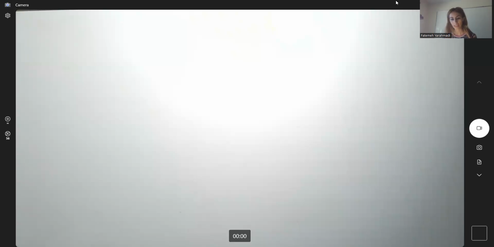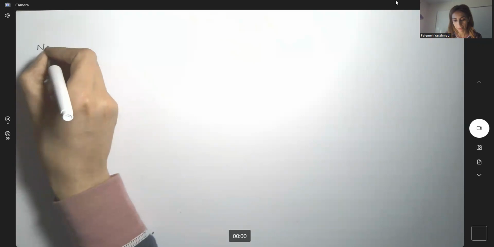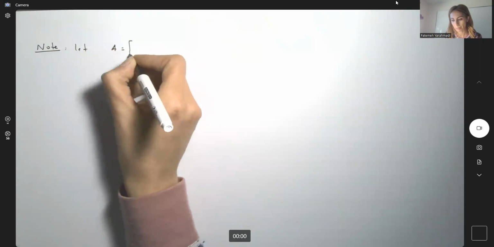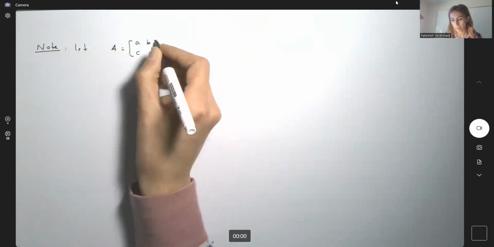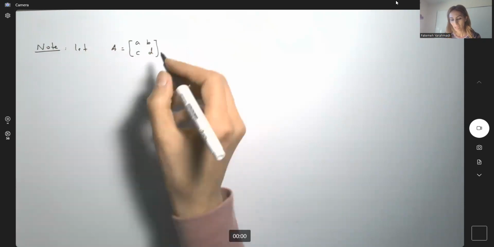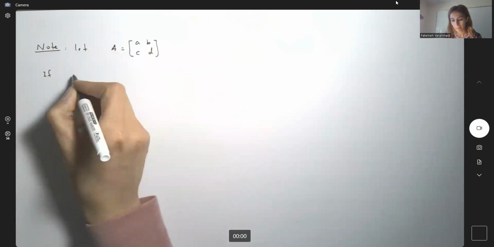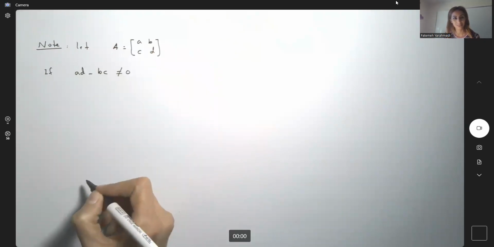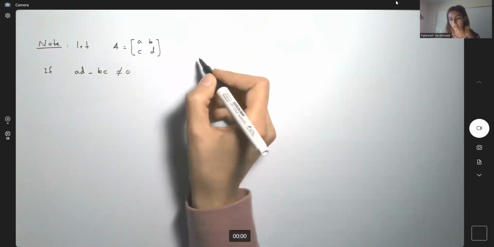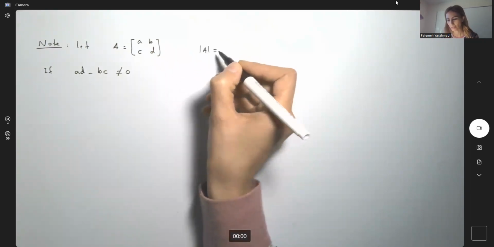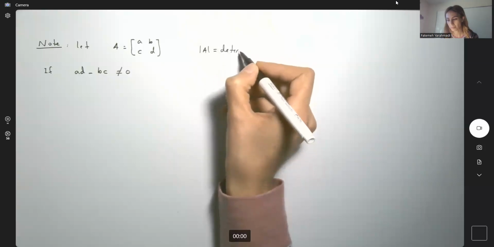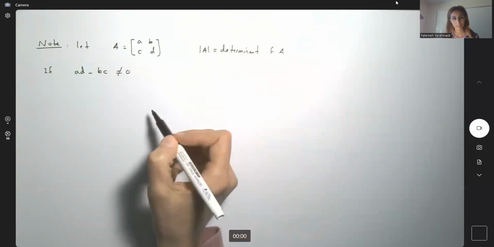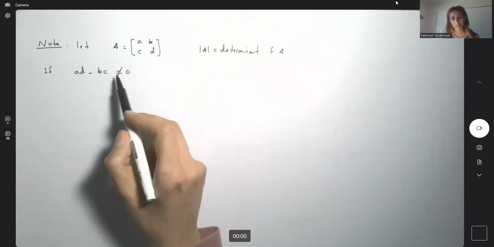We have a 2 by 2 matrix, so here's a note for you. Let A be a 2 by 2 matrix, A, B, C, D. If AD minus BC is not 0, as you remember, this is the determinant of the matrix from elementary algebra. Determinant of AD minus BC. When the determinant is not 0, then